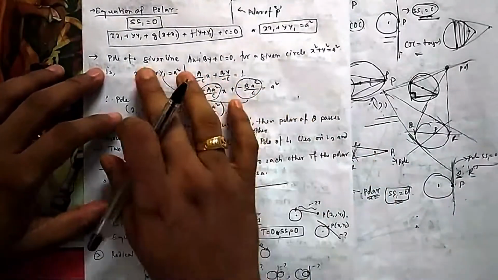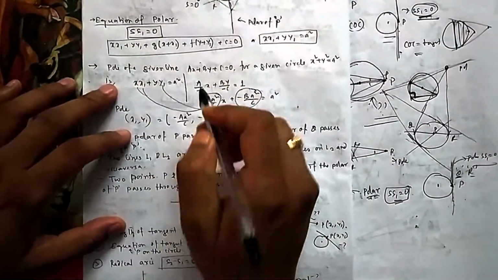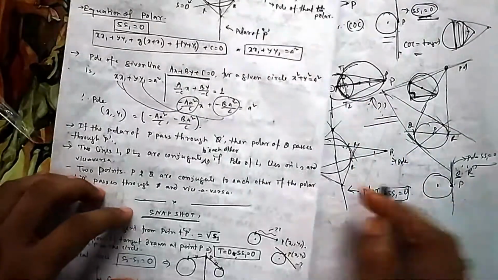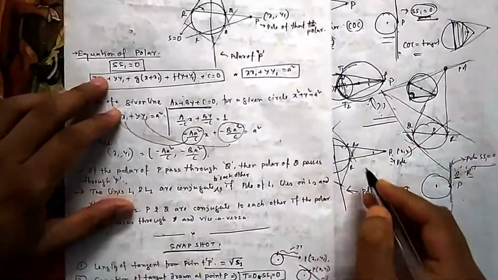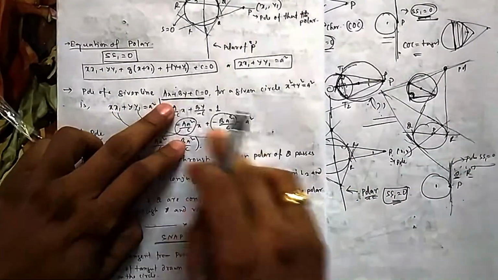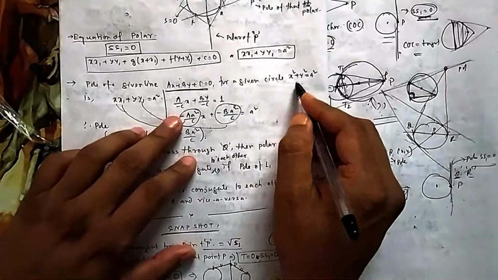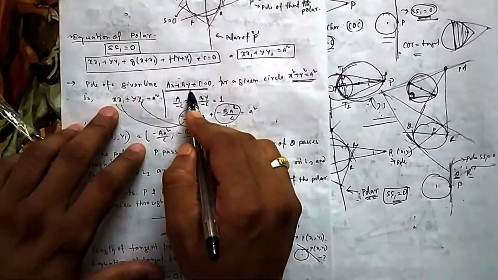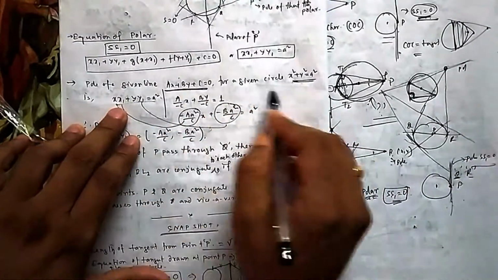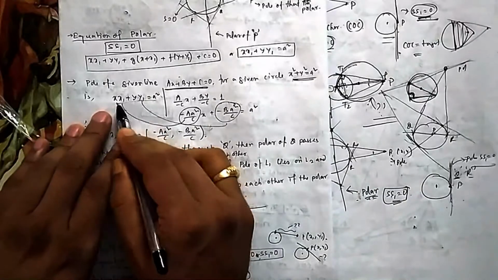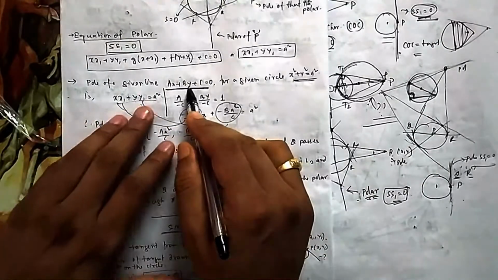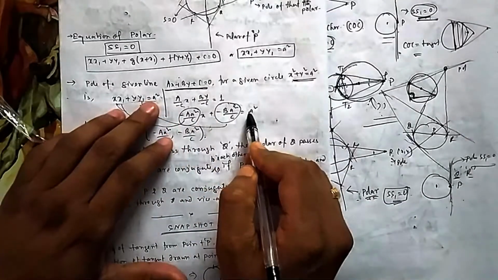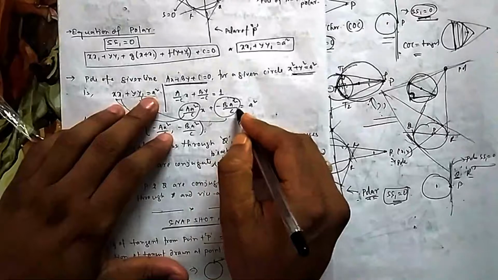Now this was to find the polar: the point is given, you know the polar. Now suppose the polar is given. You need to find the pole, the point for which this becomes the polar. Vice versa: here the point x1 was given, so we found the equation of the polar. Now the polar, this line, is given, and you need to find the point P. The circle must also be given to you. If it has to be the polar, it should come in this format, because the polar is S1 equal to 0. So x1, y1 should be something that satisfies this equation. So you try to make it like this equation. You divide it by minus c, and you multiply by a square, because this side has to be a square. Now you see.